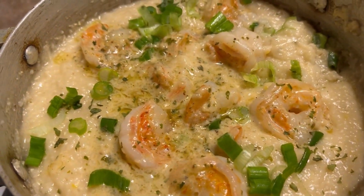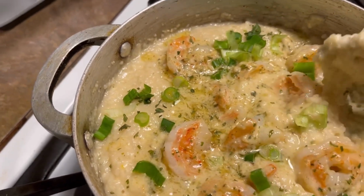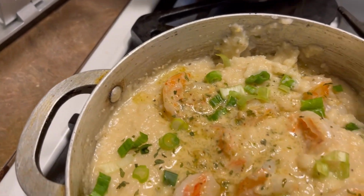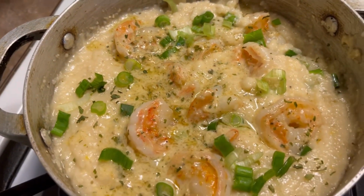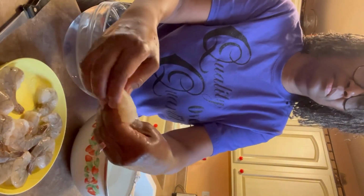Shrimp and grits. Here it is. I garnished it with some green onions. Got some butter and cheese in there. Smelling some kind of wonderful. But first, I'm going to get started